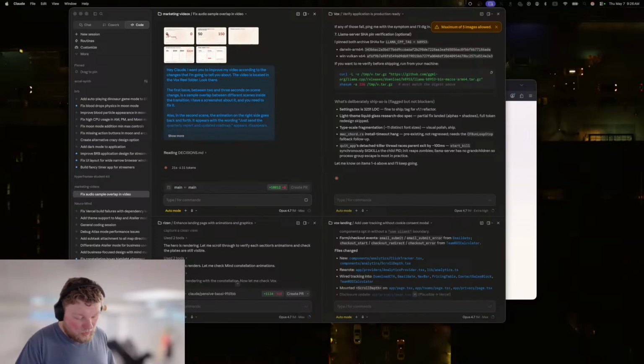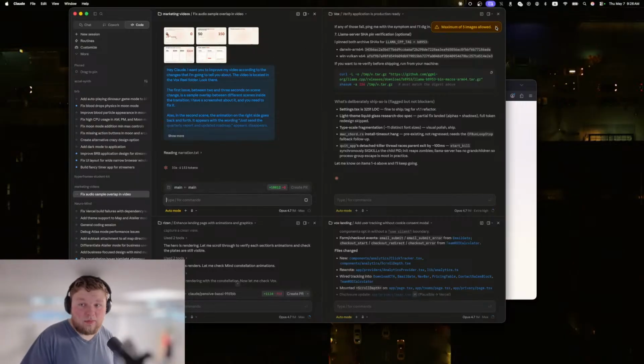Okay, I don't know why, but I cannot start the... Okay, it is playing. It was just very, very silent. Okay. Maximum 5 images allowed. Why? I have no idea why only 5 images are allowed. But okay, so